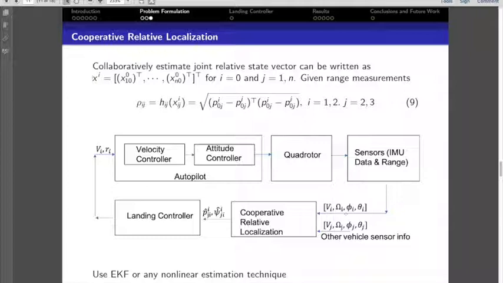So vehicle 0 receives its own sensor data and also receives Vj, omega j, phi j, theta j from other vehicles. Okay, and then you just put all that information in here, do sensor fusion, and estimate the relative position of all the other vehicles in vehicle I's frame. So it is estimating these 12 states here, x_I, which then goes to a controller. So the vehicle landing does not need